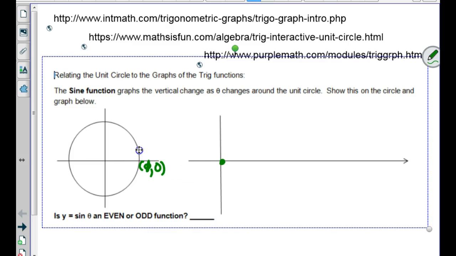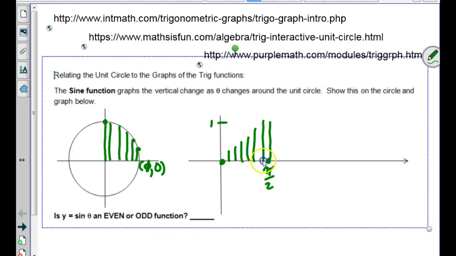As we go around the circle, if I go to here, the y variable is this little tiny distance here, right? As we go further around, the y variable is doing what? Increasing, okay? And it gets longer and longer until it hits what? At 90 or at pi over 2, it's as tall as 1, right? If I copied all those little sticks and brought them over here, they're getting longer and longer until it